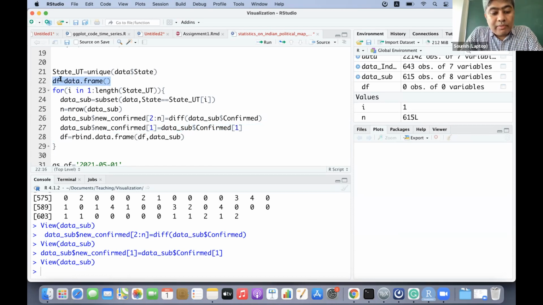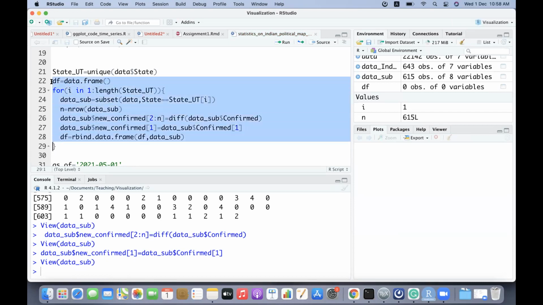Is the data processing part clear? So rbind is like append. It is another function, a very old function, rbind.data.frame. It appends row wise. Similarly, you have cbind.data.frame, which does the column wise appending.